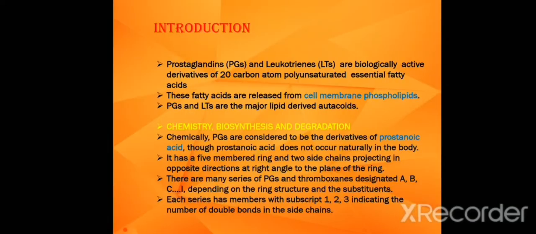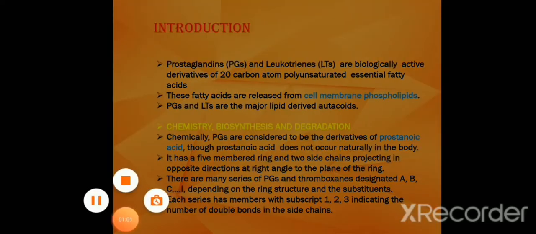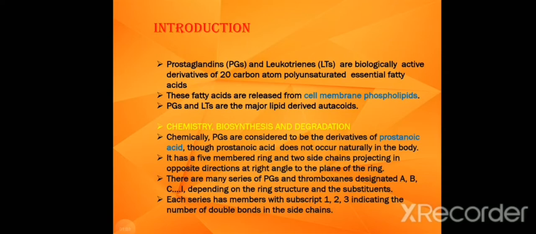So moving on to the introduction, prostaglandins and leukotrienes are the major lipid-derived autocoids. Autocoids means they are self-healing substances and they will actually act like local hormones. Local hormones means they will be released from various tissues and they will produce their effect at the site of release only. Prostaglandins and leukotrienes are biologically active derivatives of 20-carbon atom polyunsaturated essential fatty acids, and these fatty acids are released